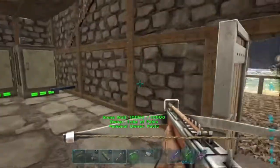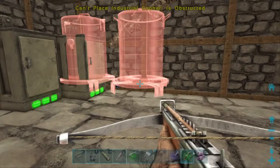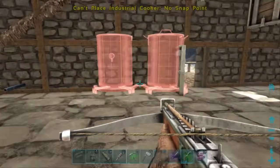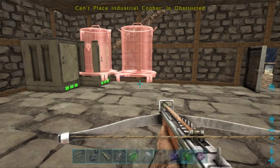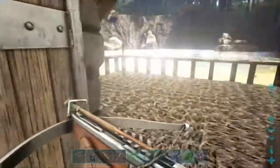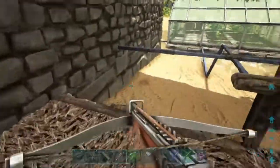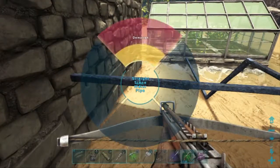So, anyway, here's the cooker. That's where it wants to snap. So even if we bring this pipe over one, which we could do, it's still off the ground. So we kind of have to do the same thing that we did with our greenhouse, where